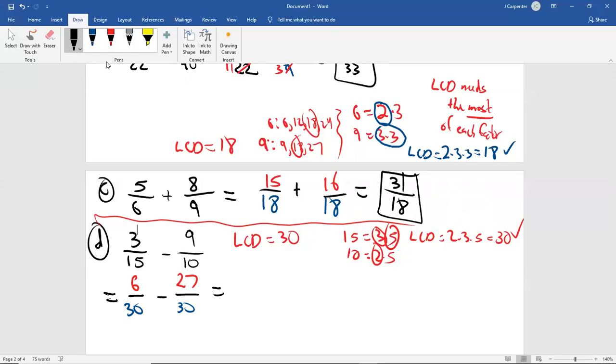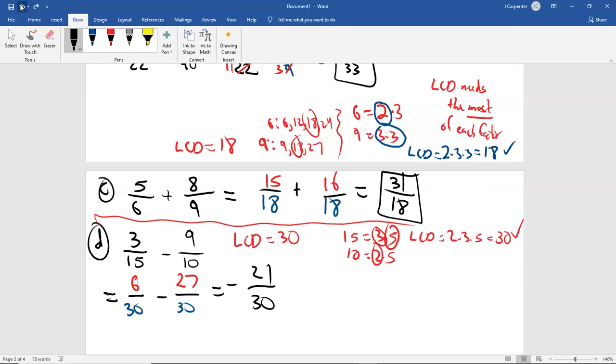We know how to add and subtract and multiply and divide signed numbers. We've been doing this. So you just leave the denominator as 30. You're doing 6 minus 27. Well, 27 is bigger, so we're actually going to do 27 minus 6, which is 21. But then we keep the sign of the bigger number. The negative had the bigger number, so that's negative. If you box this up and ship it out, it's wrong